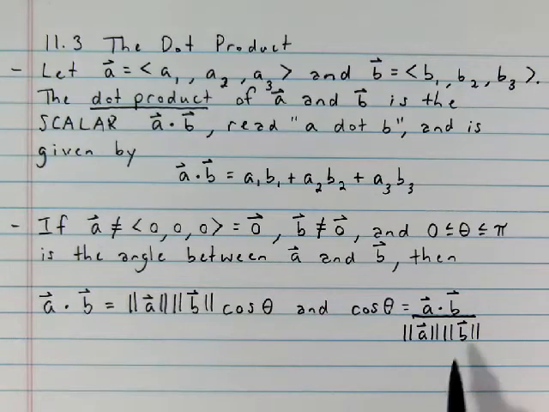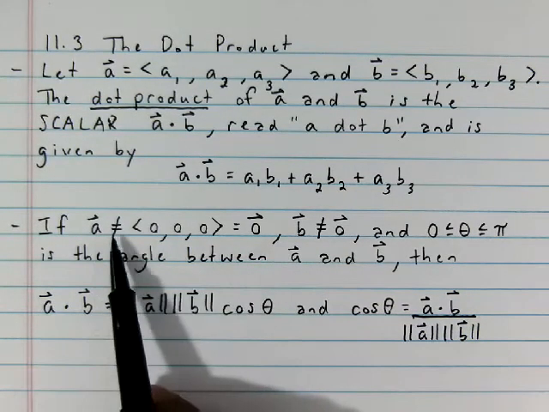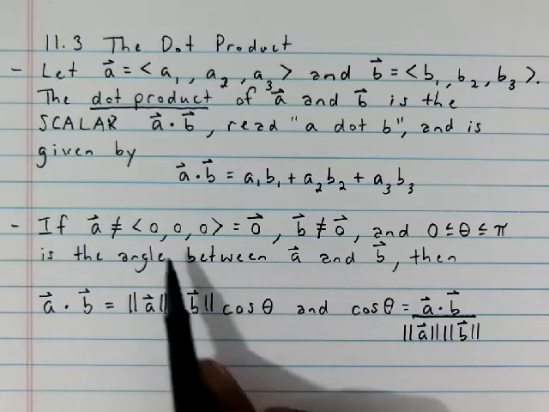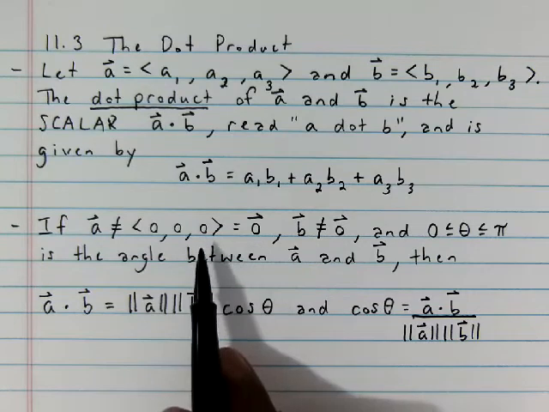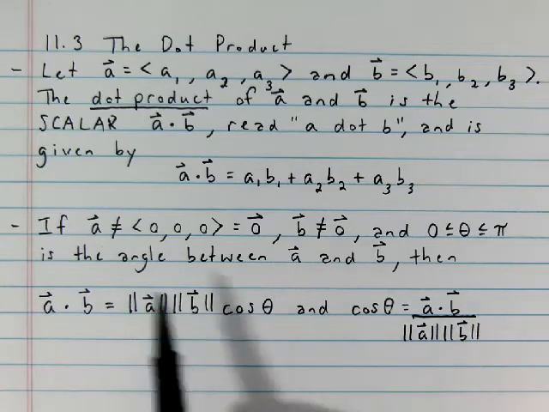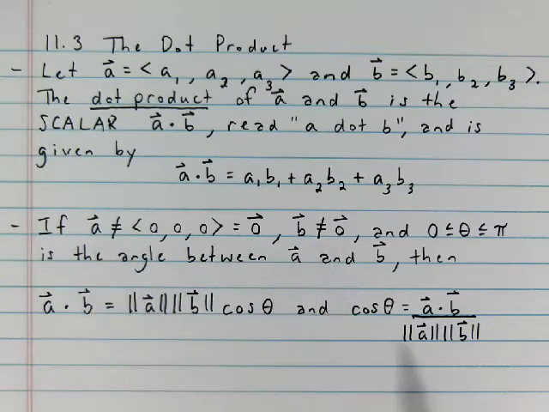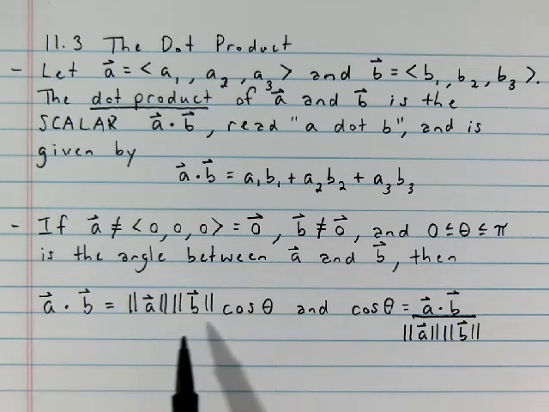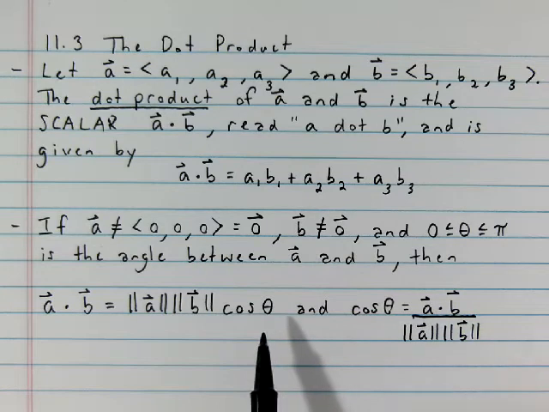And notice here, we don't have to be concerned about dividing by 0 because we know that A is not the 0 vector, nor is B the 0 vector. So the magnitude of the 0 vector is the only vector that has magnitude of 0. So we know that this number is not 0 and that number is not 0. So we're not concerned about dividing by 0, given we specified neither A nor B is the 0 vector. Now, so this is a different way that we can compute the dot product. So if we know the angle between the two vectors, but let me talk more about what the angle is between two vectors,